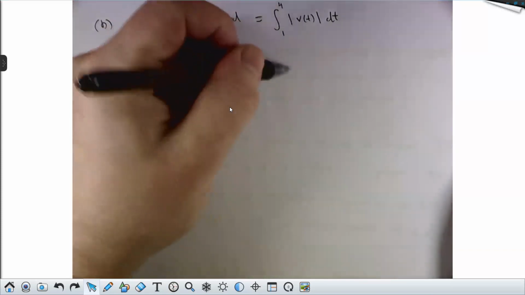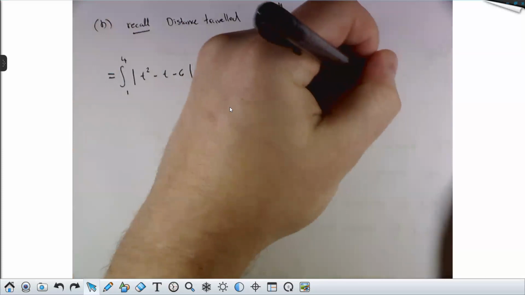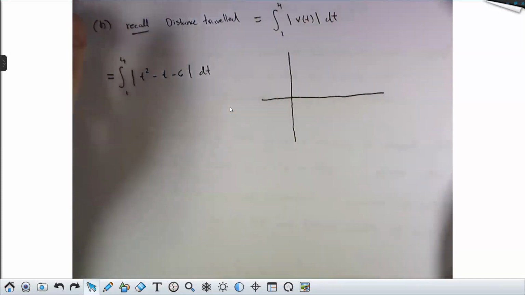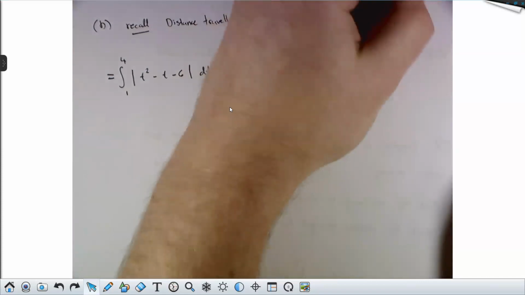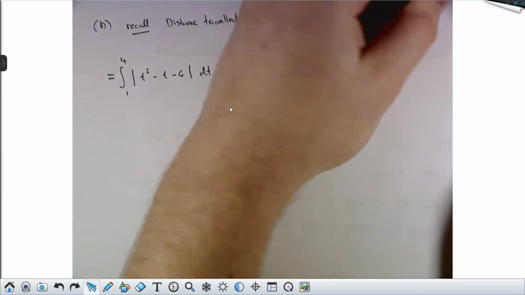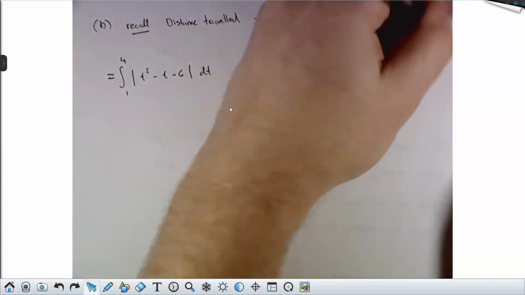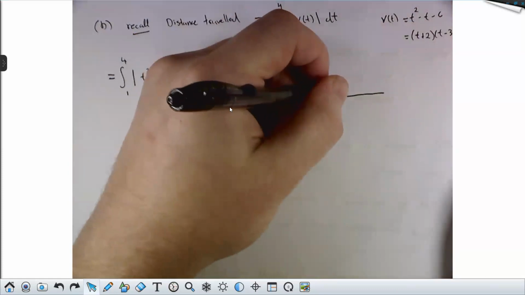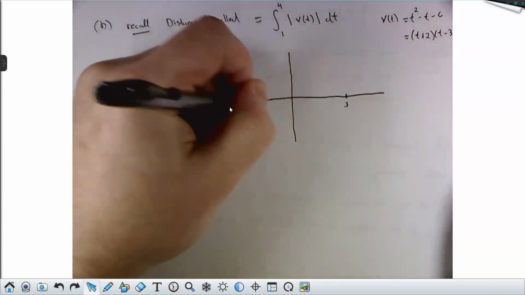And in order to get a feel for what that is, I should graph this velocity function. V of t is t squared minus t minus 6. And this one does factor nicely, so this is a little easier to see what's going on. This is t plus 2 times t minus 3. So if I mark this as 3, and I mark this as negative 2,